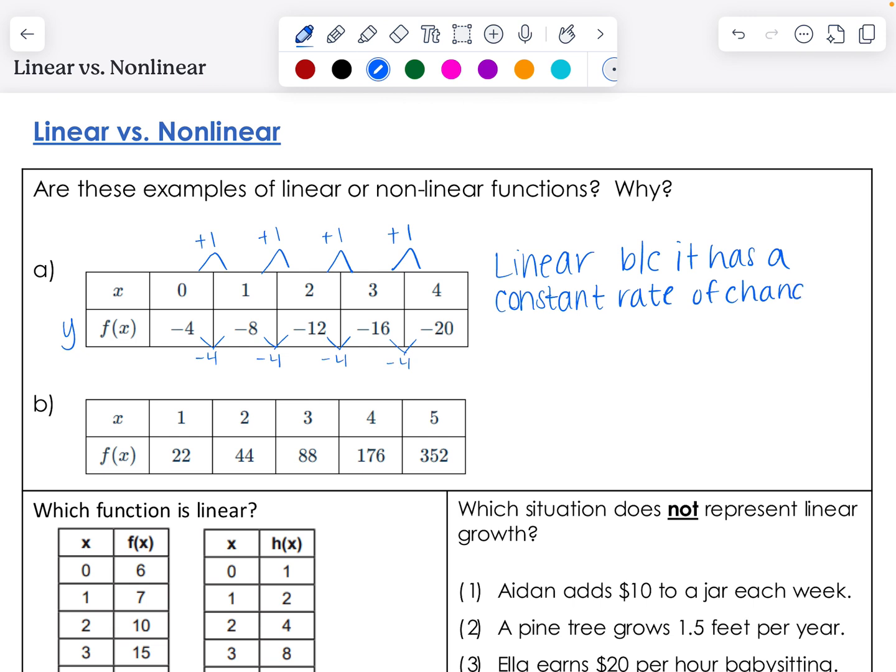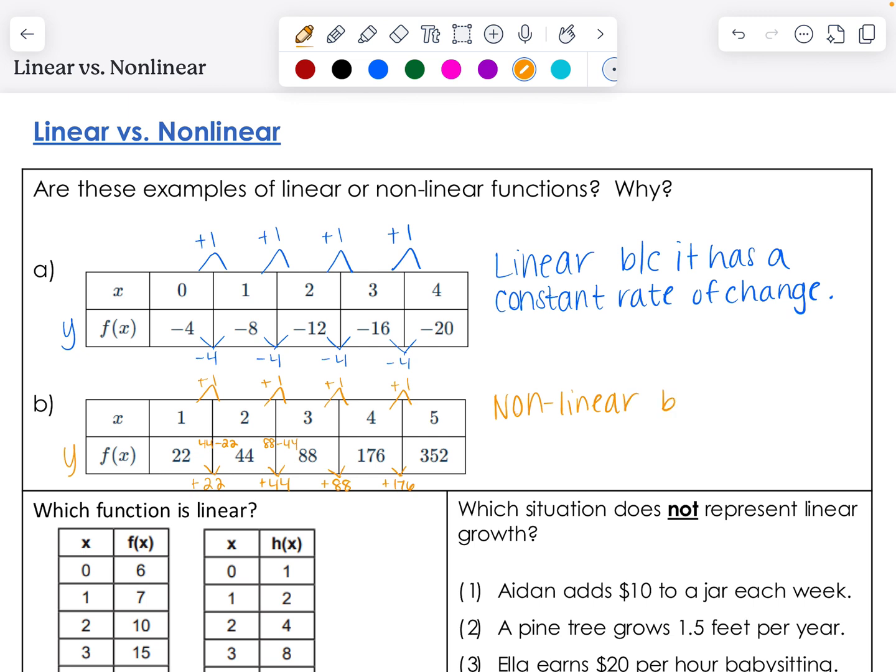So now let's take a look at example B. As you can see from the x values, we are increasing by 1 every time, so that is looking good. However, when you get to those y values, you notice that you're increasing here by 22. And if you're not sure what you're increasing by, you just take the second number and subtract the first number. So 44 minus 22, then 88 minus 44, but you'll already notice that you're increasing by something different. As you continue your pattern, you see you're increasing here by 88 and then increasing by 176. And so this is non-linear